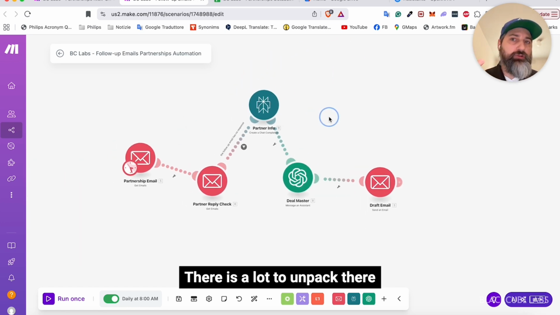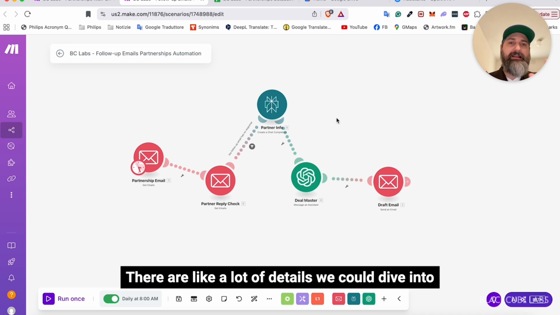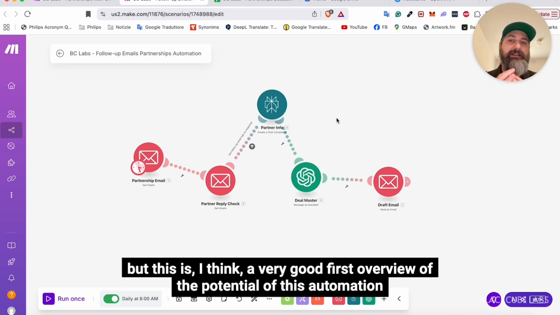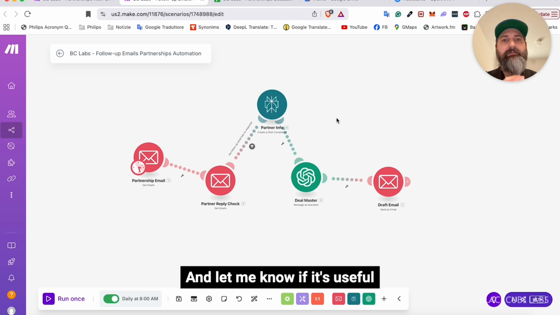There is a lot to unpack. There are like a lot of details we could dive into, but this is, I think, a good first overview of the potential of this automation. Let me know if it's useful. I'll share the template